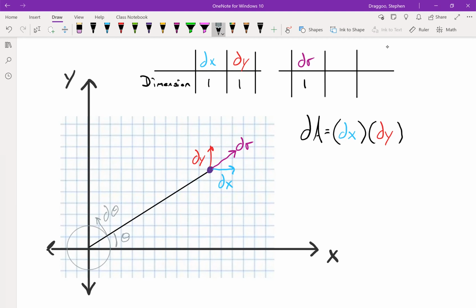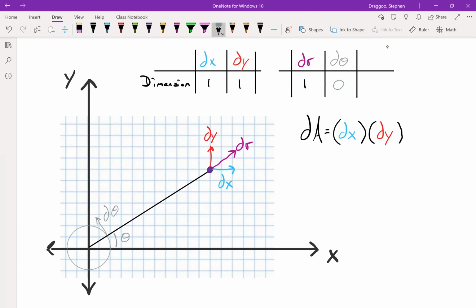But the unit circle doesn't exist in the same space necessarily as all of our other x, y, and r values, because that unit circle is designed to be a dimensionless circle. So d theta is going to have a dimension of 0. Also, d theta isn't located at the point that we're trying to measure out in space. It's, again, on this theoretical unit circle. So if we took the product of dr and d theta, we'd only end up with a dimension of 1,